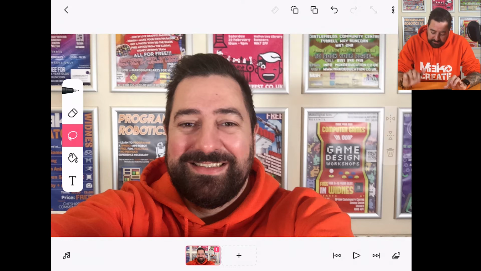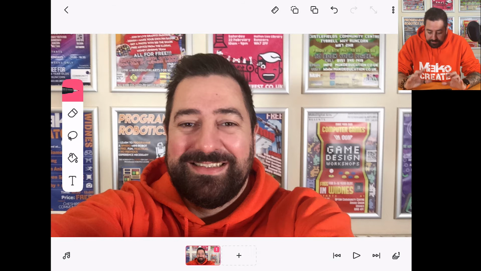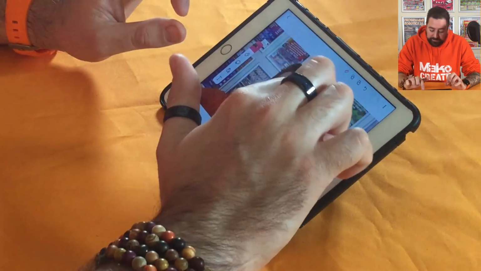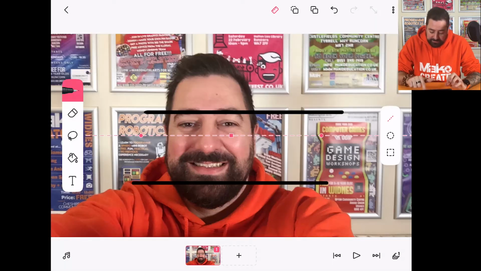So I'm just going to delete that off my screen. And that's pretty much all the tools that we need to get started with to draw. I'm just going to go over a couple more. At the top, which might be really helpful for you, is the ruler. And if we tap on the ruler, this allows us to draw straight lines. You can also move it around the screen